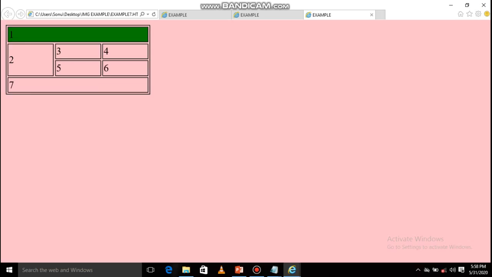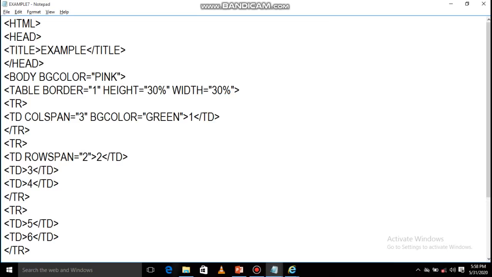If you want to put this content in center, what you need to do is, to put the content in center, we have align is equals to center, and one more attribute of table tag is cellpadding is equals to, suppose here I use 20.